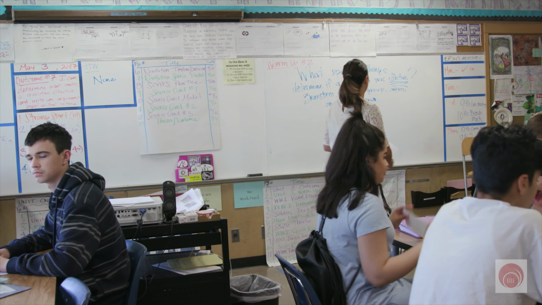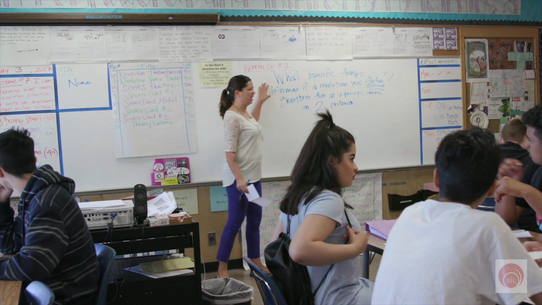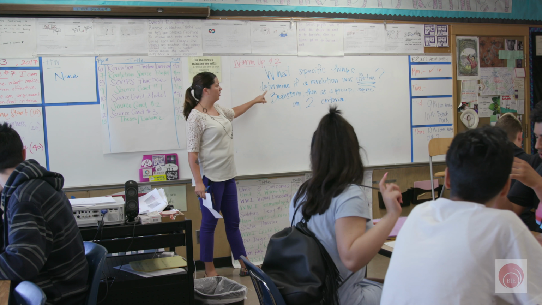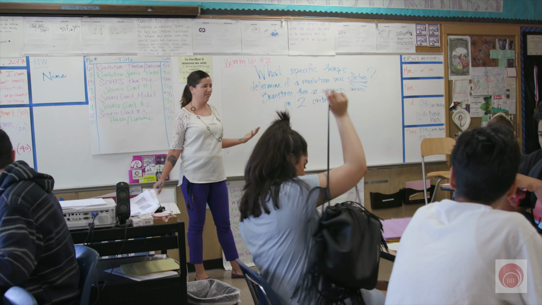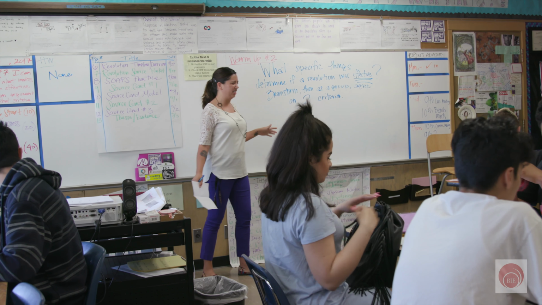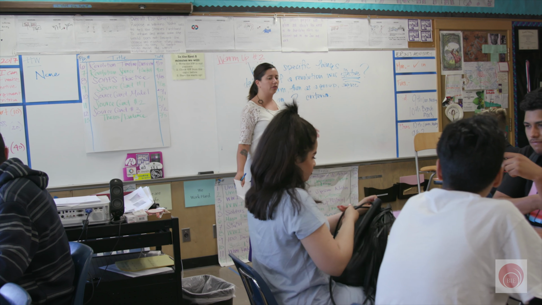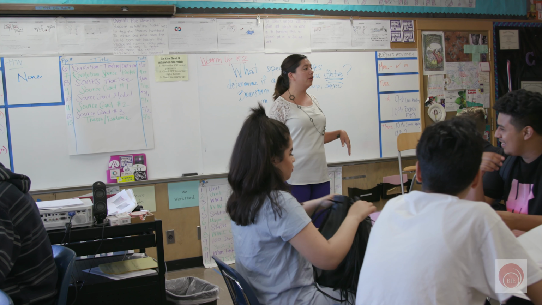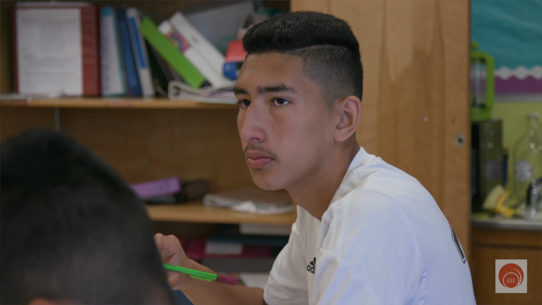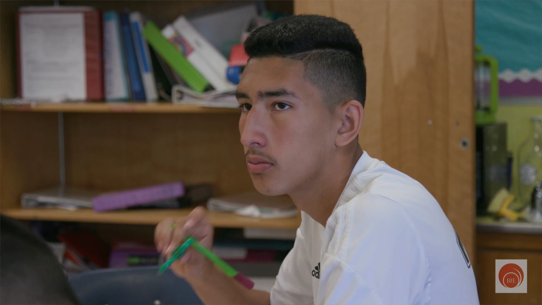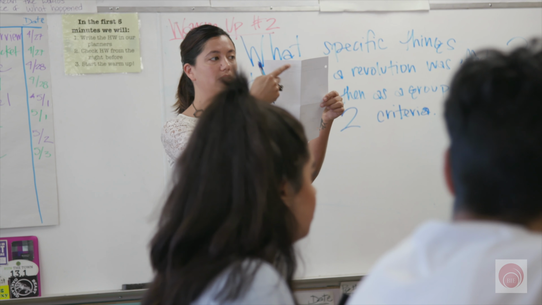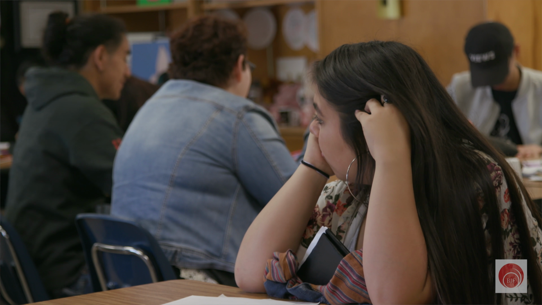You did the warm-up where you thought about what are some specific things that would determine if a revolution was effective. What does that even mean? Like, are there certain laws they need to pass? What needs to happen for a revolution to be effective? Now you're going to be in your first GOIL with your partner. In the top left-hand corner, you have 2 minutes to come up with 2 to 4 criteria of an effective